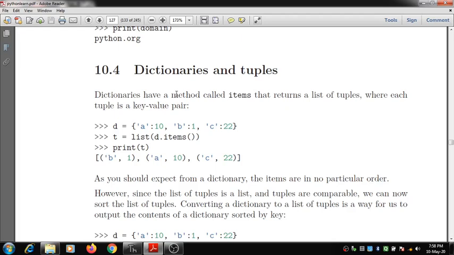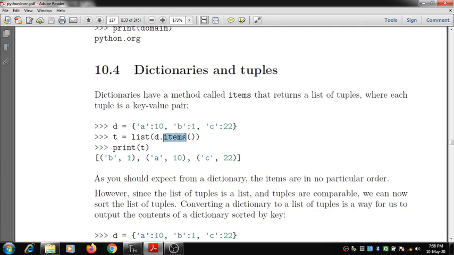The next concept that we are going to discuss is dictionaries and tuples. Dictionaries have a method called items that returns a list of tuples where each tuple is a key value pair. So you have a dictionary where a key is A and the value is 10.